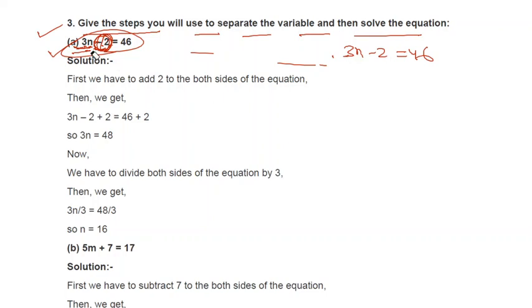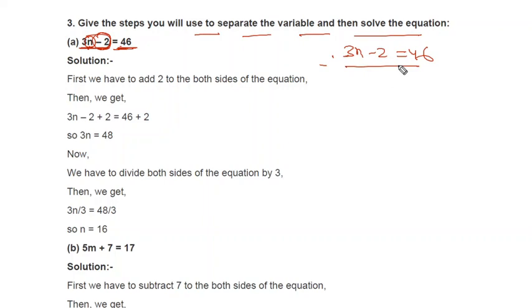If we add 2 in this equation, then what will happen? This minus 2 will be cancelled. Whatever happens in the RHS is not a matter for us. We just need to find the value of n, so we have to clear this n only. That does not mean you will do wrong things in the RHS. So our first priority is to find the value of n. So let's see.